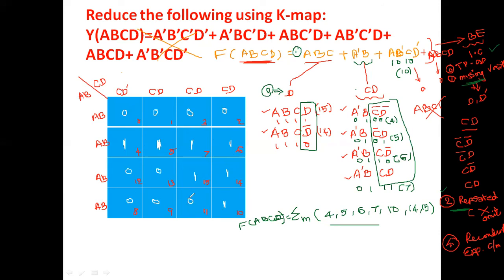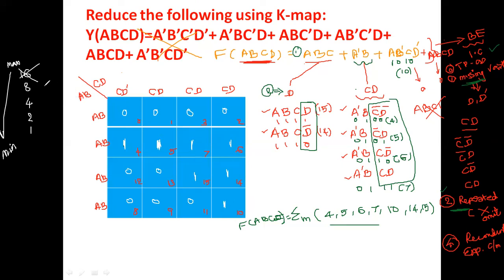Then, what is the next step? Grouping or circling. For that, you know what the procedure is. You have to check maximum to minimum. Number of cells: are all 16 cells one or not, or can 8 cells be grouped or not, or 4 cells can be grouped or not, or at least 2 cells, or at least 1 cell. Okay. So definitely not possible in this case, since there are only 7 ones.